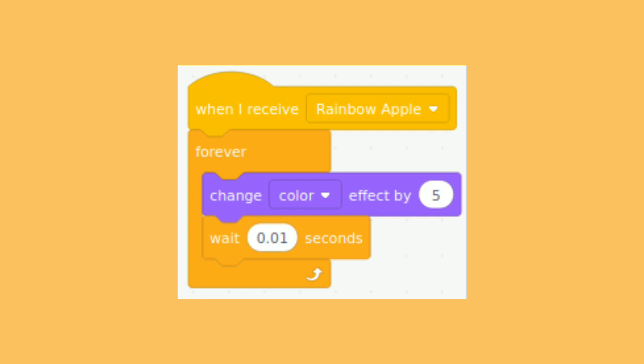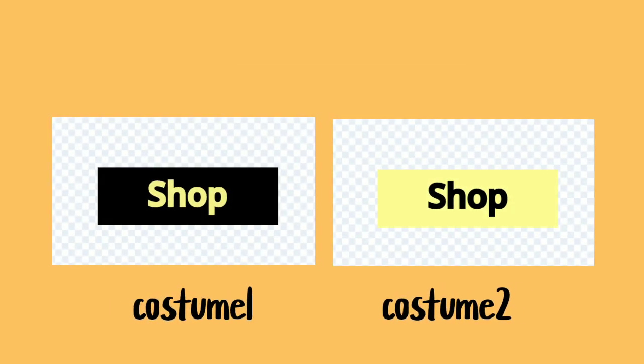Now, our next piece of code here for the apple is not to be used this early in the game. It's just something related to the rainbow apple functionality, which is a power-up you can find in the shop. When you use that rainbow apple feature, it just keeps on changing the color, and that adds a bit more interest to it. But nobody can get that while they're just starting out with clicking the apple. They'll need to get 500 clicks first to get the rainbow apple. So anyway, let's move on to our next sprite, which is the shop sprite.